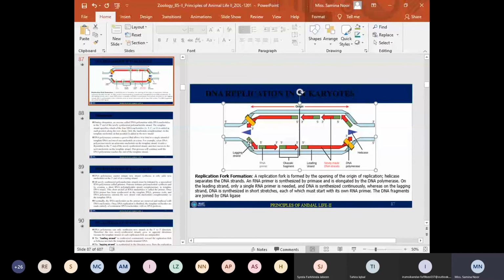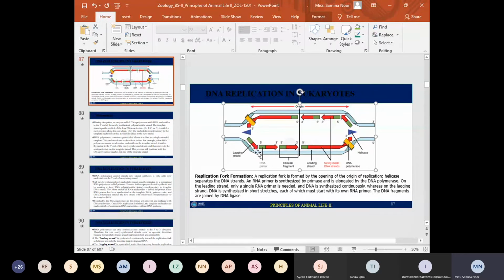A new primer is required, as you can see in the figure. Here is a short fragment, which is known as an Okazaki fragment, and along with each Okazaki fragment, a short polynucleotide chain, which is known as the RNA primer, is attached to each Okazaki fragment. So the lagging strand is a discontinuous strand, and it is synthesized in the form of fragments, known as Okazaki fragments, and also its direction is away from the replication fork.